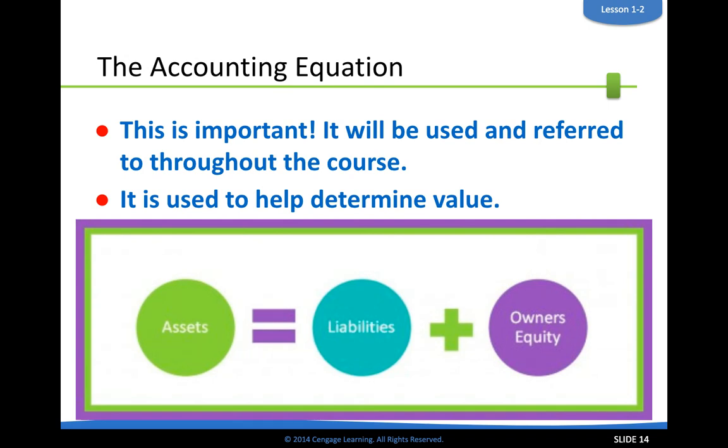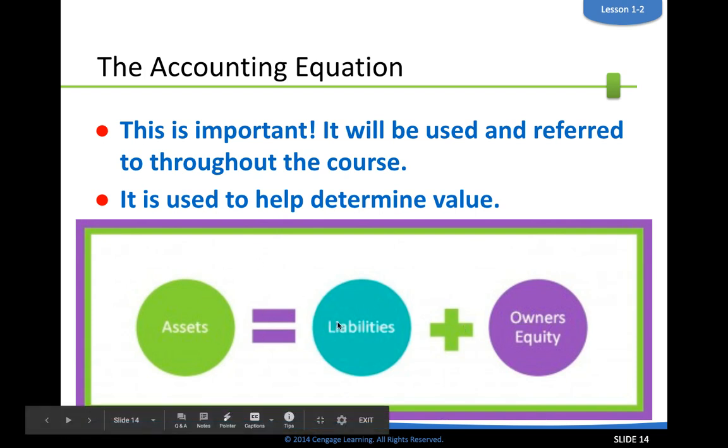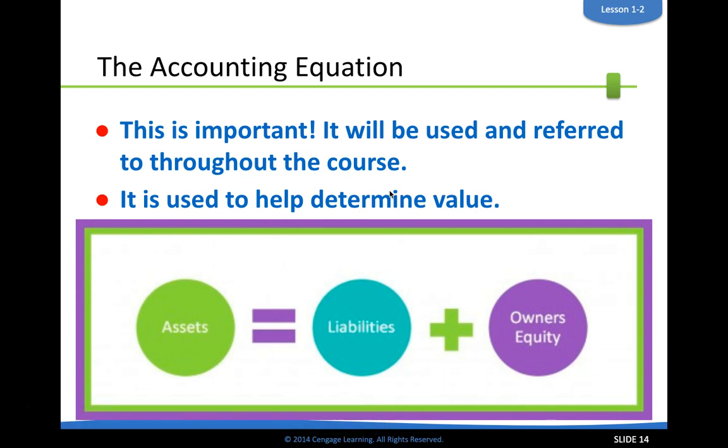We're going to be working now with the accounting equation. So this is important. Again, we'll be using and referring to this throughout the course. It looks a little different than the personal net worth statement, where we had liabilities over on this side. Assets minus liabilities equals owner's equity. Just by a little algebra, we can move this stuff around if we ever need to. But in general, this is the stuff that we're going to be working with. Assets equals liabilities plus owner's equity. So know this equation, memorize it, get it into your head right now, because it's going to help to determine the value of a company.